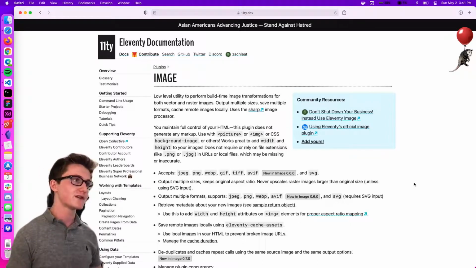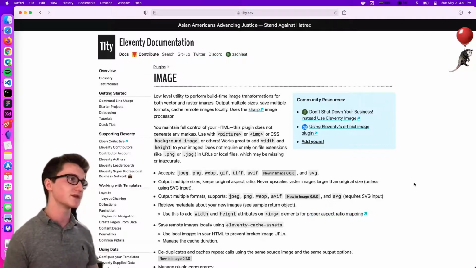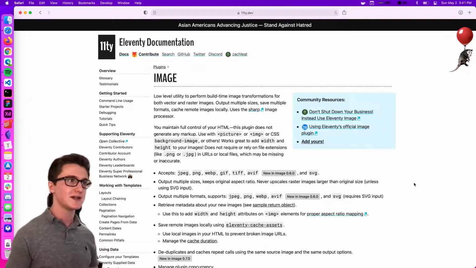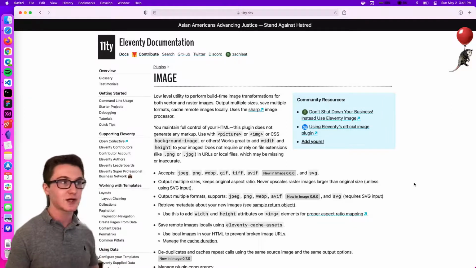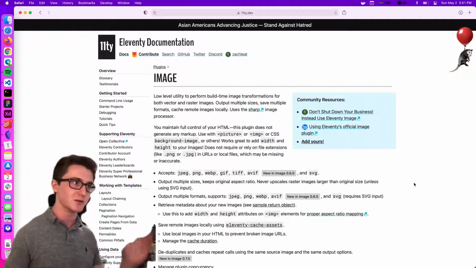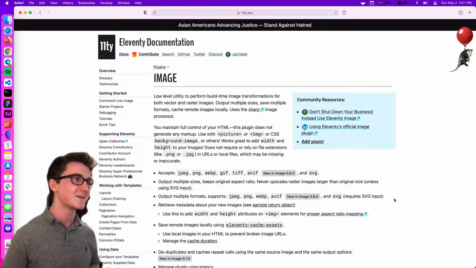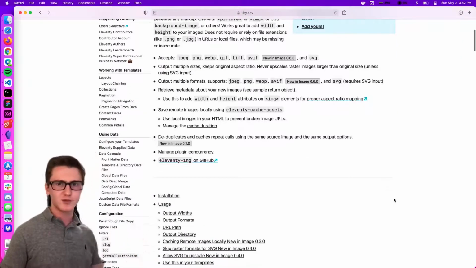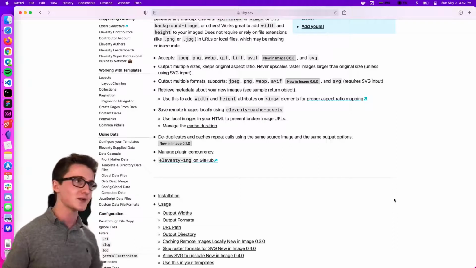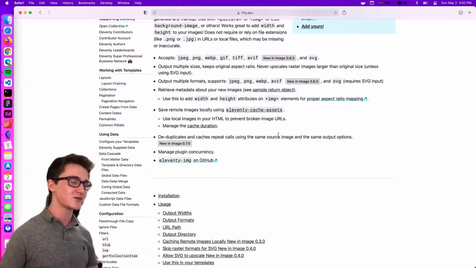I just wanted to show off this Eleventy image plugin that I've been working with recently. If you haven't heard of Eleventy, it's a static site generator that's a lot like Jekyll, except it uses JavaScript instead of Ruby, which is really convenient for us web devs. They have this image optimizer that loops over images on your site and creates optimized ones. And looking at it for a bit, I realized, wait, I could totally use this outside of an Eleventy site